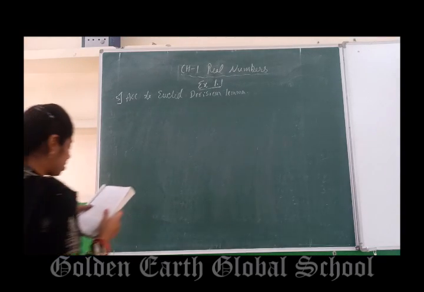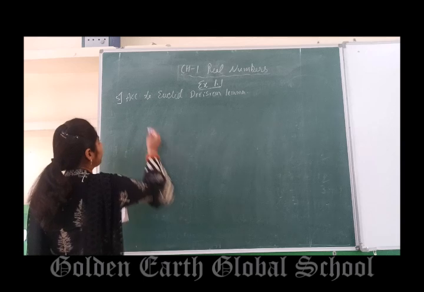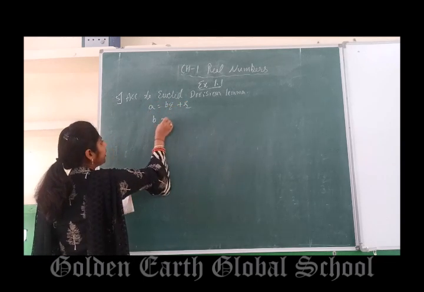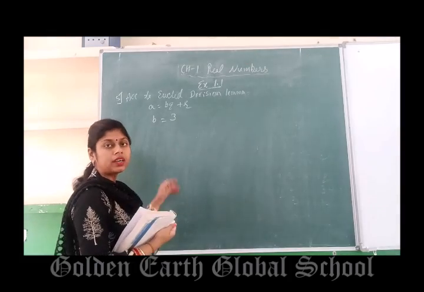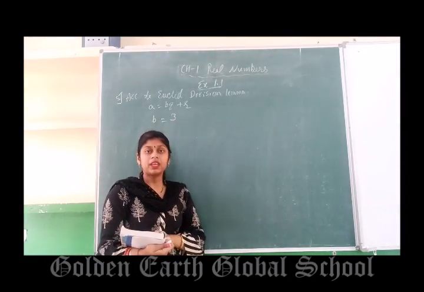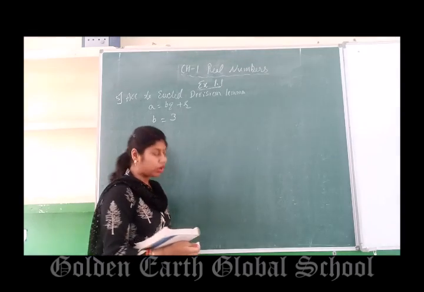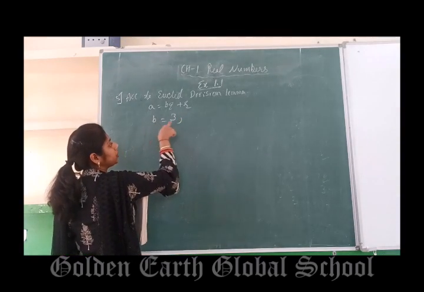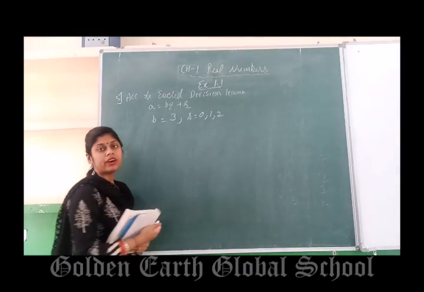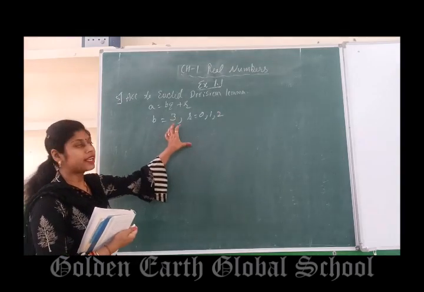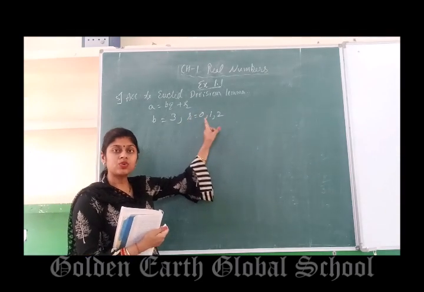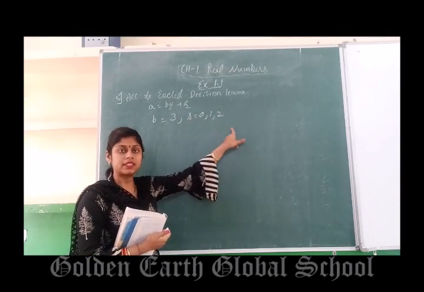See, in the fifth question, according to Euclid division lemma, a is equal to bq plus r. So here you will let b be 3, not 9. If you take 9, then this question will also be solved, but the short method is to take b as 3. According to b, r is 0, 1, 2. So this will reduce your cases. Instead of solving 9 cases, you have to solve only 3 cases here.